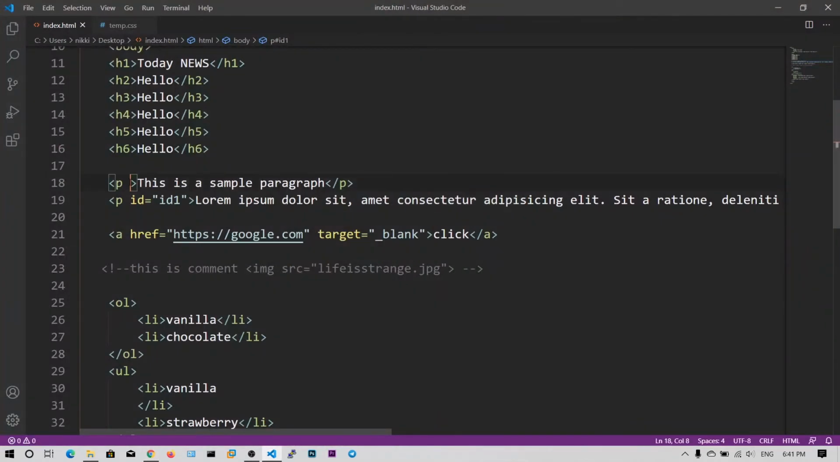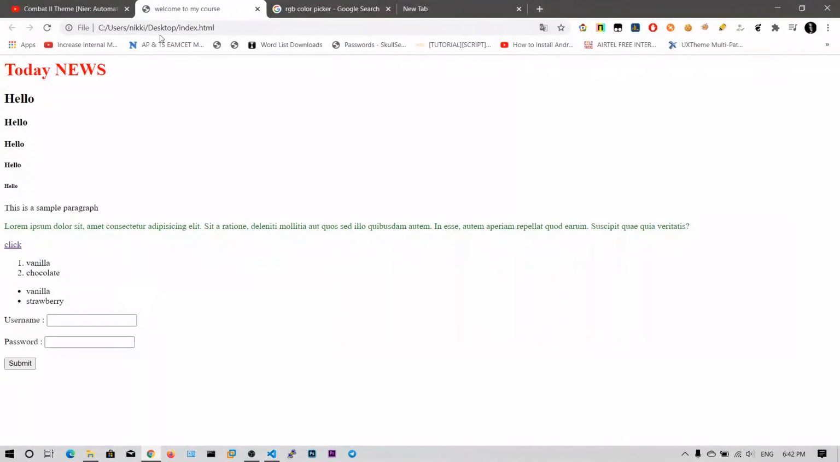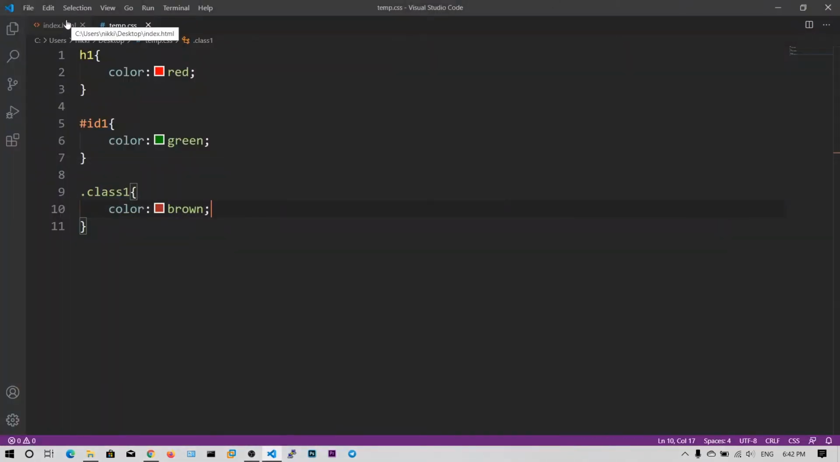And there is also another method, that is class. You can assign a class name, say class 1, and you can apply this styling to those particular elements. Let me show you. It works in a similar way. I want to say dot class 1 and I want to say color is equal to brown. Now the brown will be applied to the elements of this class. You can see this simple paragraph turned into brown color. So in this way you can add